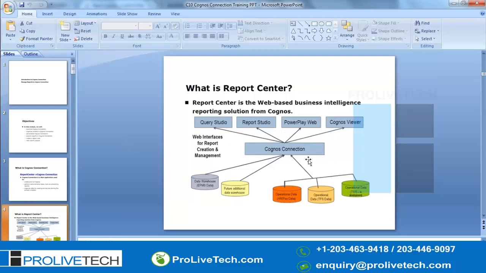And then you will apply all the business logic, calculations and relationships, and then you will publish that as a package to the Cognos connection. It's a high level, and give me a minute, let me show you that.